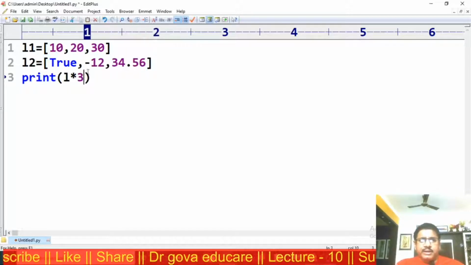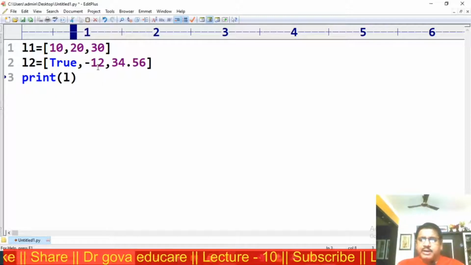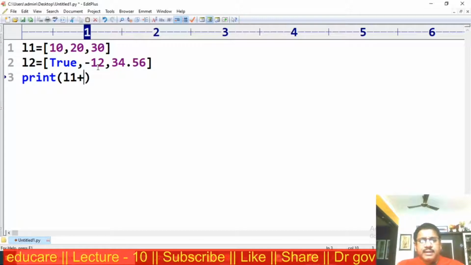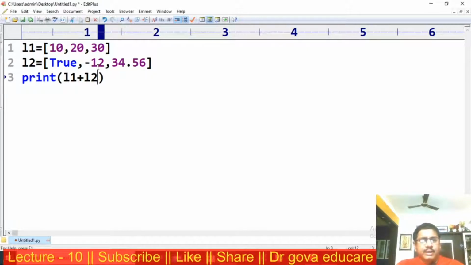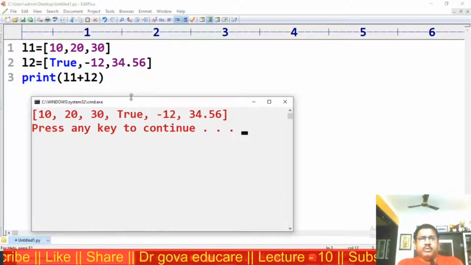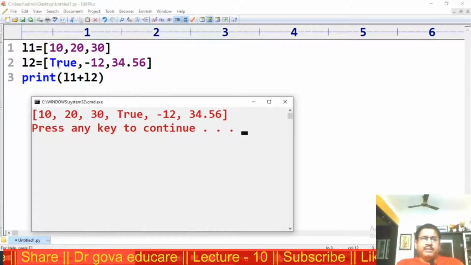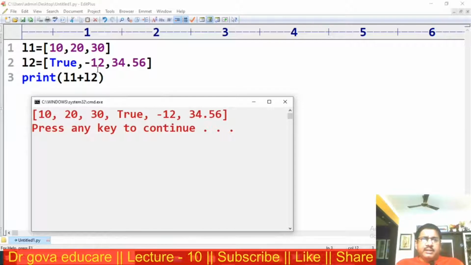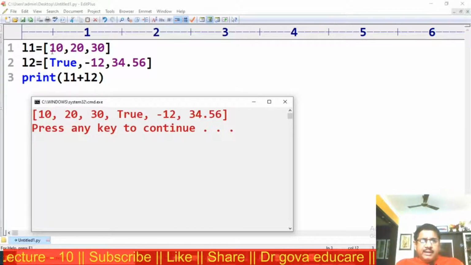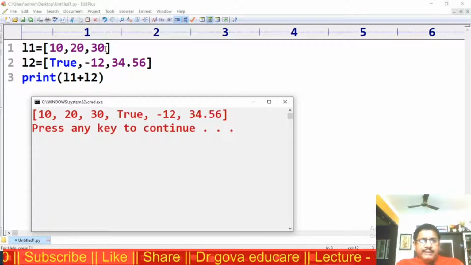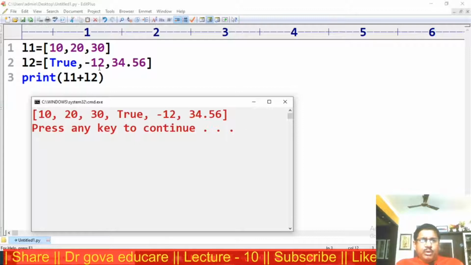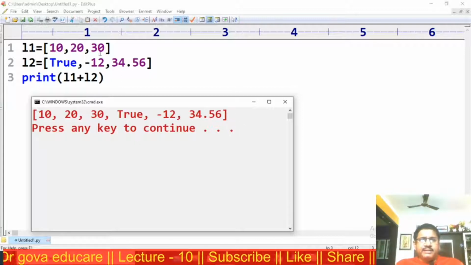Now the concatenation operator is plus: L1 + L2. I am executing the program. This is the output. Now L1 + L2 means the elements in the list L2 are added to L1 at the end. That is 10, 20, 30, True, -12, 34.56 is added.